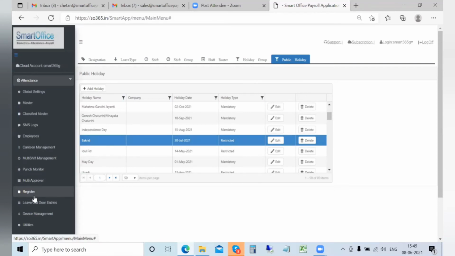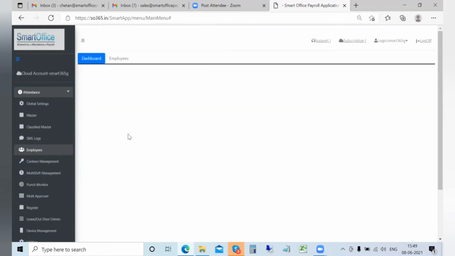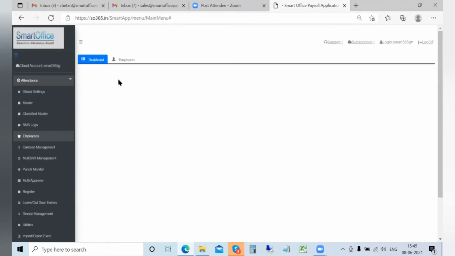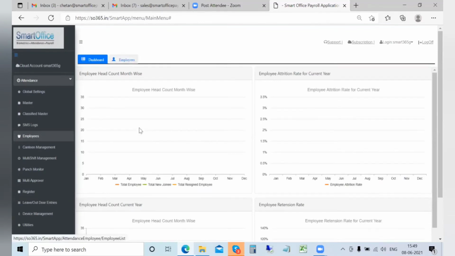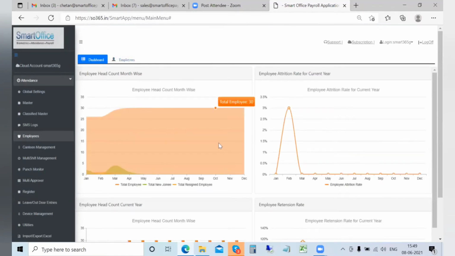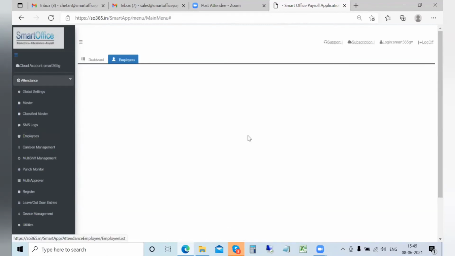So these are the various features which are available in attendance on the category level, wherein you can define the HR policies, leave policies, shift policies, and the holiday options. Now, in terms of employees, you can define a lot of details here. You will see a lot of dashboard options which will keep coming over in the cloud option, wherein a lot of details can be ascertained.